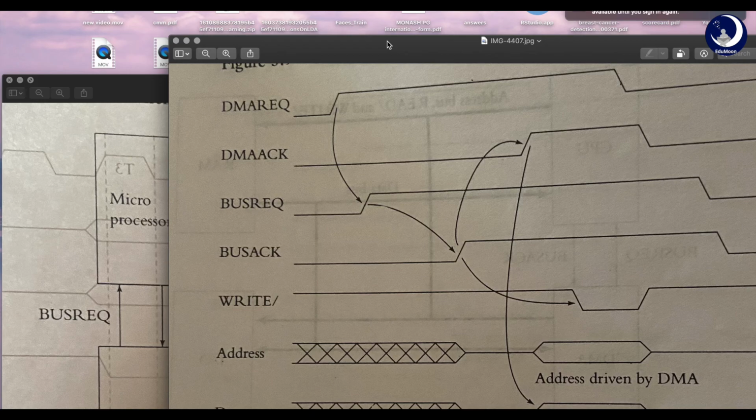Say for example, the DMA can be edge triggered. What does it mean that the DMA can be edge triggered? It means that it will transfer a byte, that is 1 byte of data, whenever it sees a rising edge. See, this is a rising edge, right? So whenever it sees a rising edge on the DMA request, it will transfer 1 byte of data. So in this particular case, the device which is requesting the data transfer must be lower.